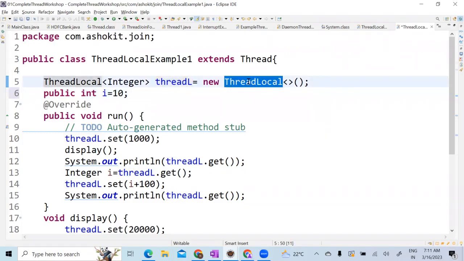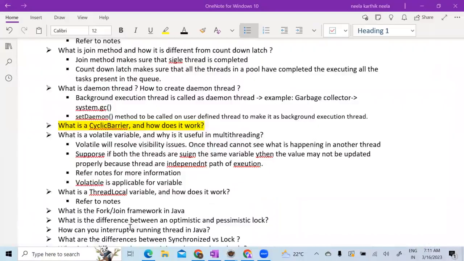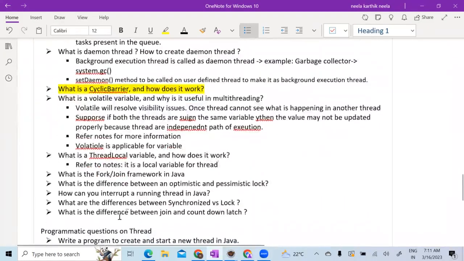Okay. Hope you understand, Ganesh? Yes, sir. So it's a local variable for a thread, as the name itself tells. I have added the notes, I'll be sharing. So this fork join pool we will discuss. Optimistic lock, pessimistic lock also we'll discuss